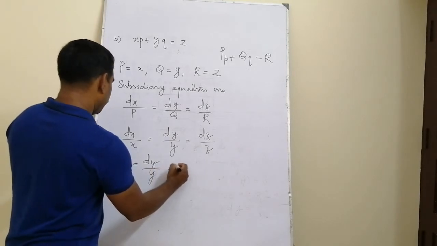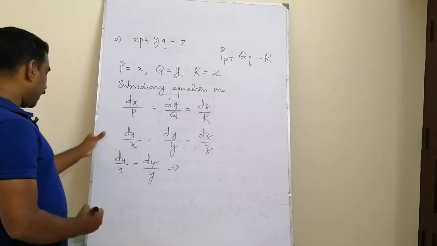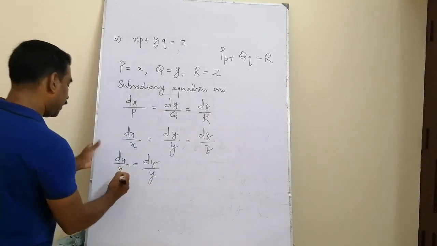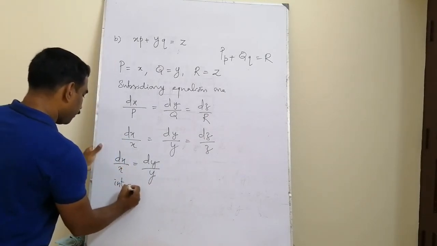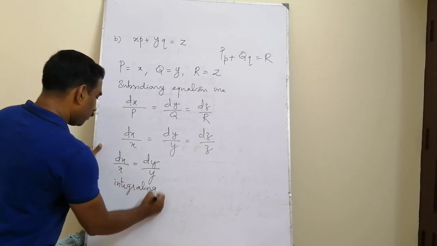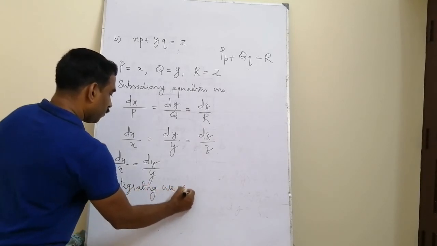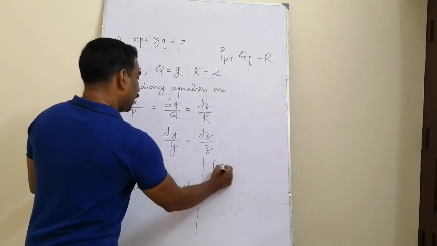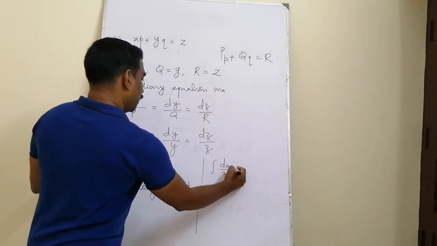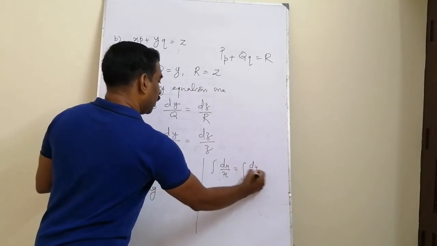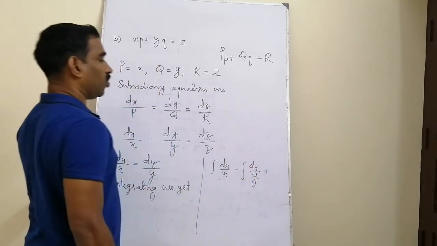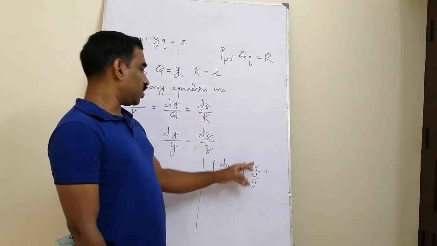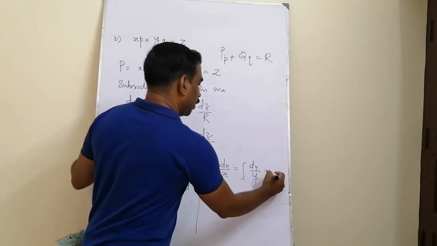So that implies, on integrating we get integral dx by x is equal to integral dy by y plus some constant of integration. We know that here, what are the integrals? Integral dx by x is log x, so this is log y, so we can write a constant in a logarithmic format,